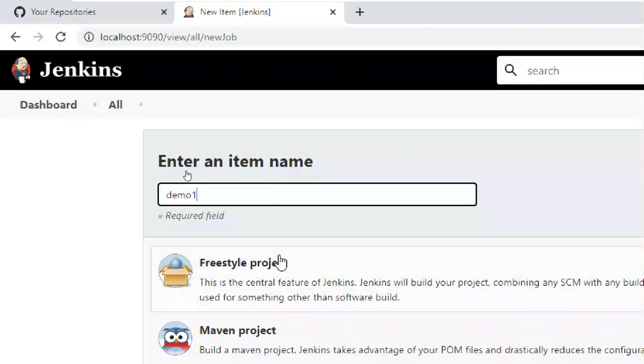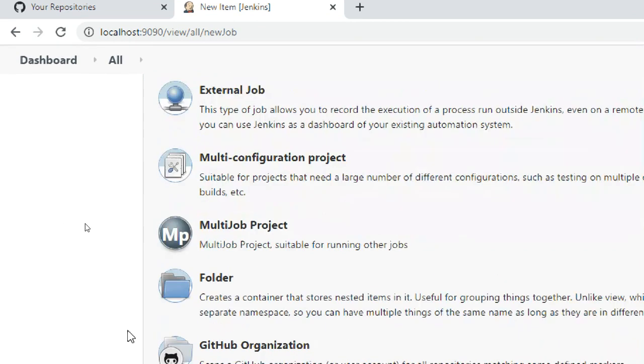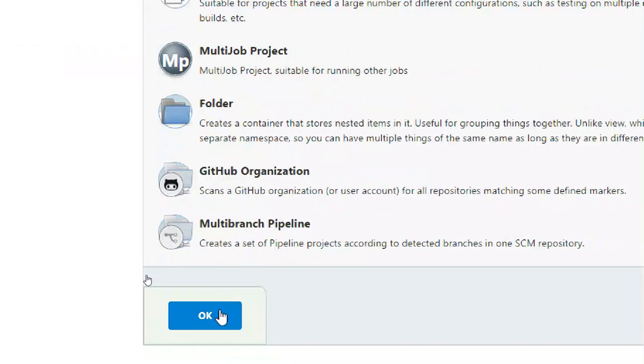But currently this is a freestyle project, it is not a specific pipeline or anything. Select freestyle project, put the name, and at the last click on OK. Then a project with the name is created, but details are not added yet.